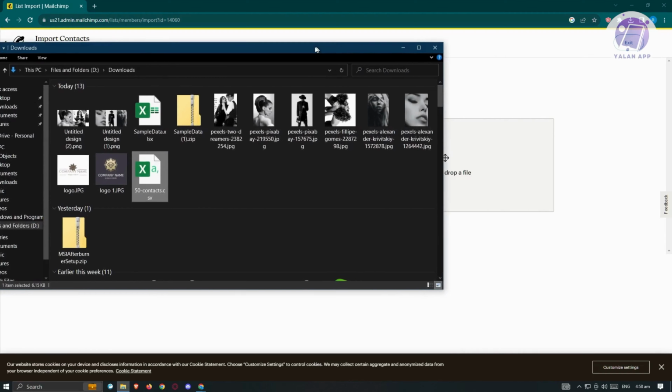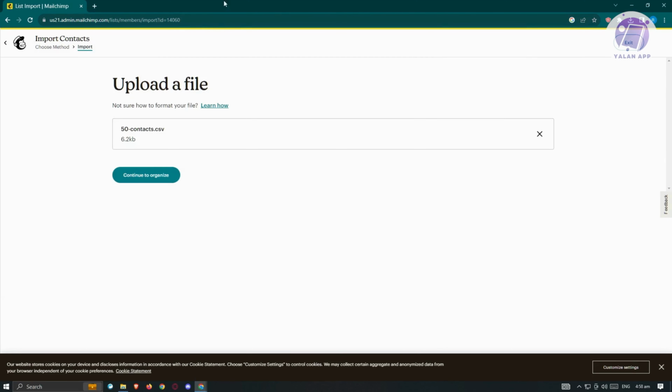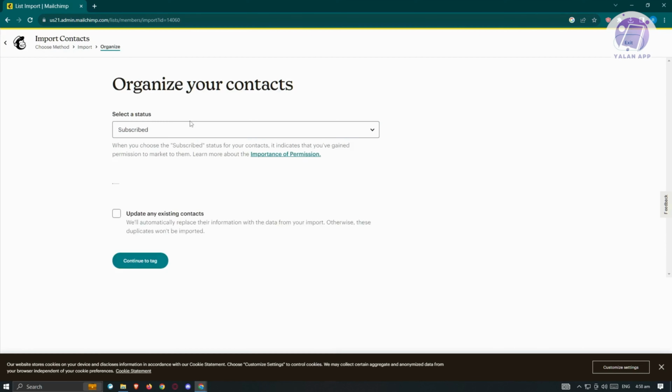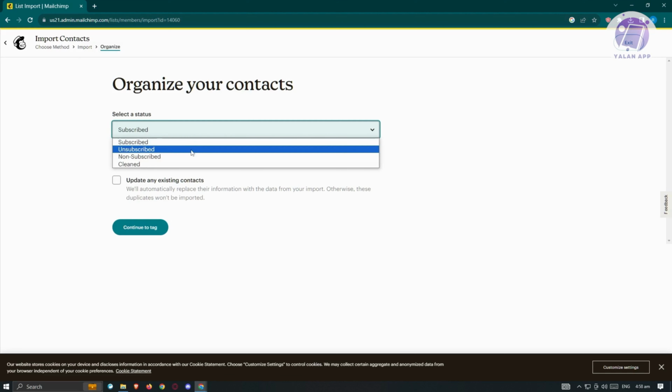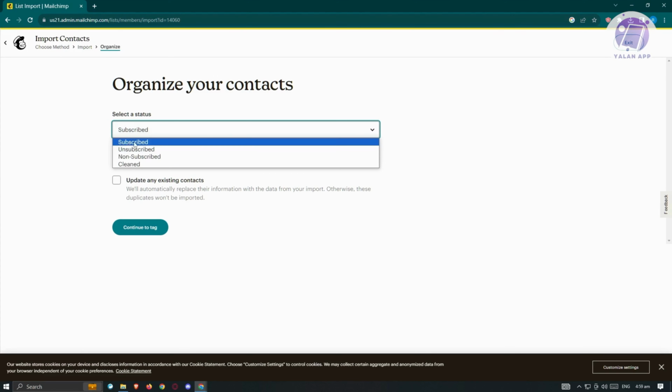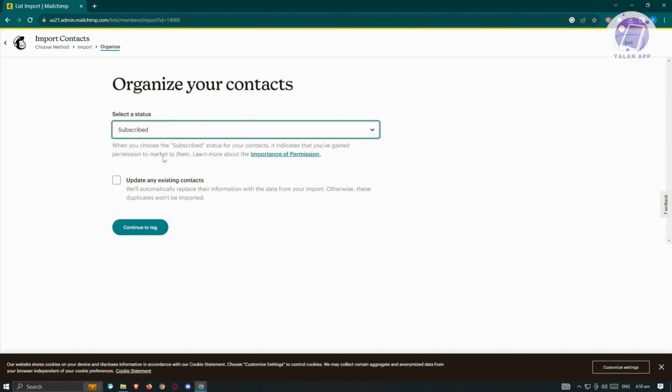and we want to drag our file into our website in Mailchimp. Now from here, just click on continue to organize, and from here you'll be able to change a few things. For example, we have the select a status. We could select the status of this list, so maybe an unsubscribed status, non-subscribed, cleaned, or subscribed. In this case, we want to click on non-subscribed,